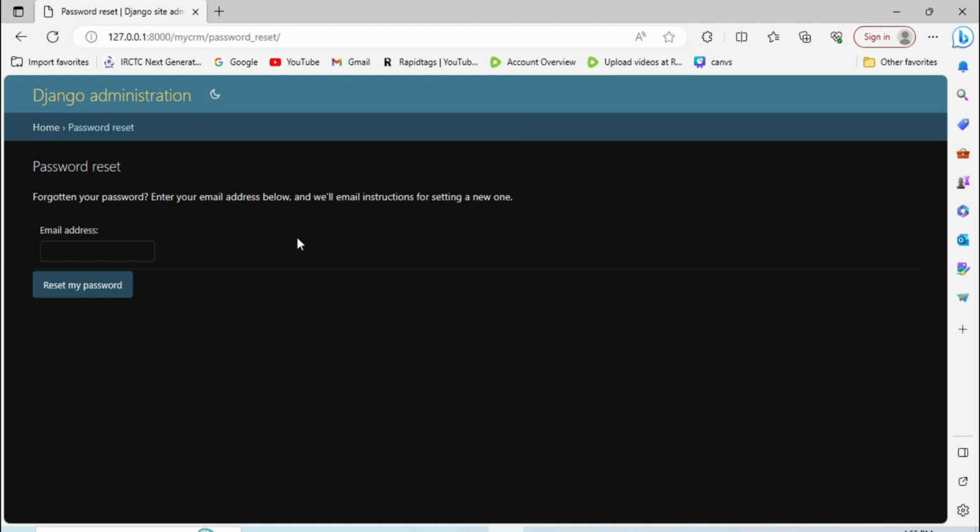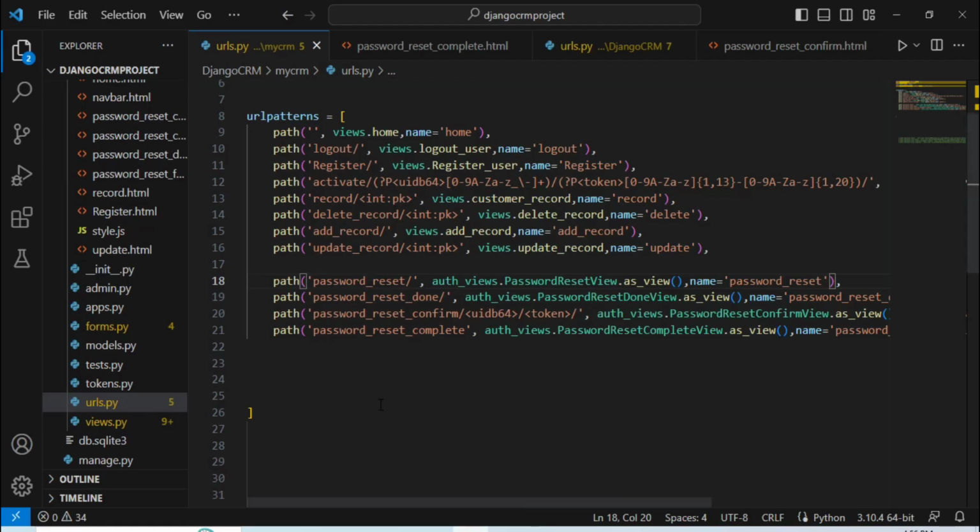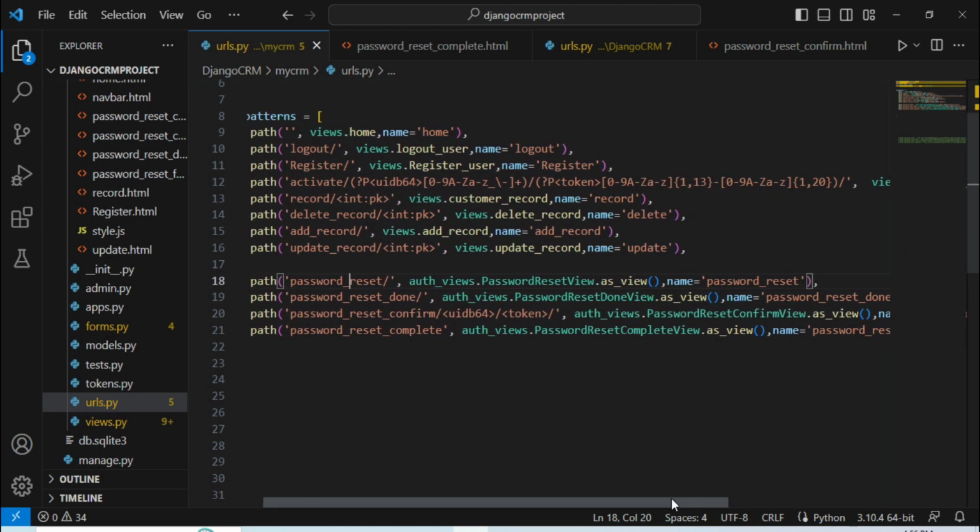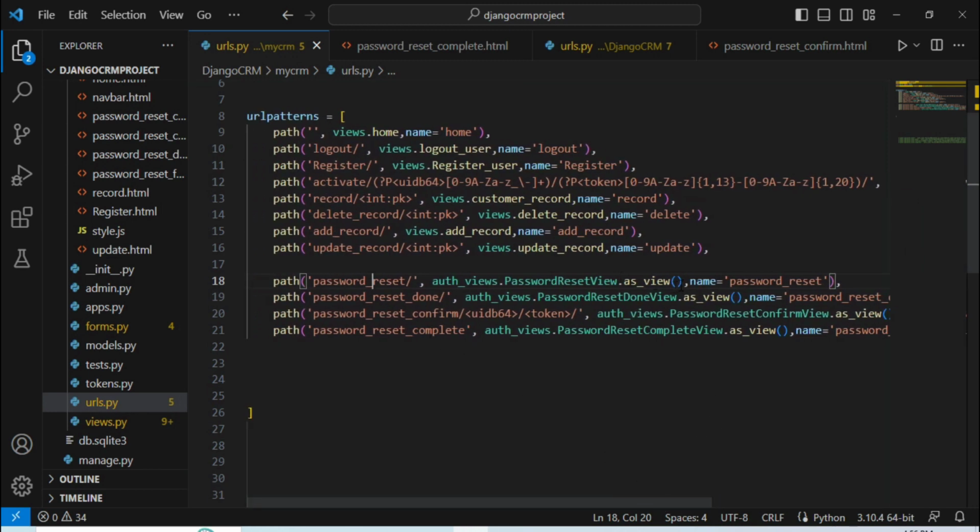So we can customize this also. Let me show you how we can customize. Then at last we will see whether it's working or not. So one second, go to Visual Studio Code. Then inside the urls.py file, see. Here we need to do one thing. Simply here we need to type template